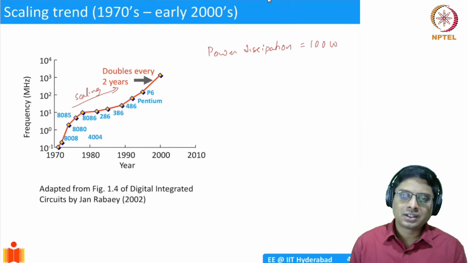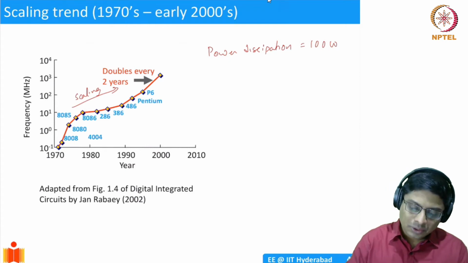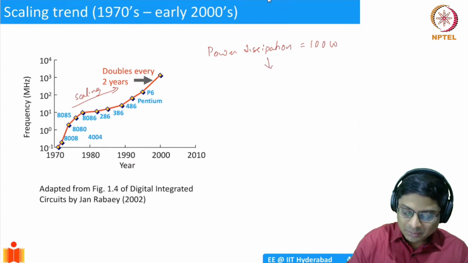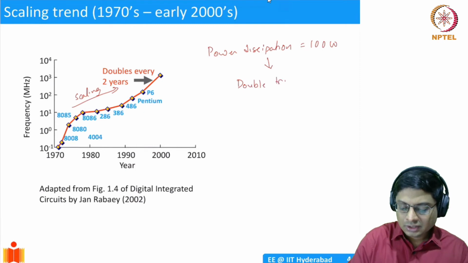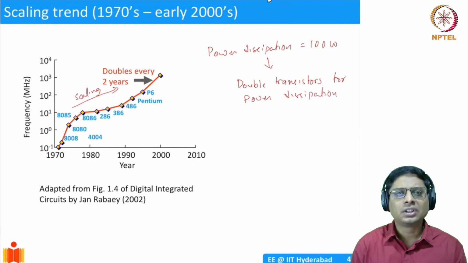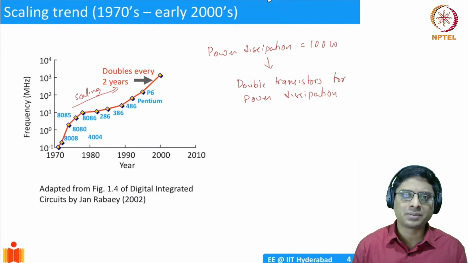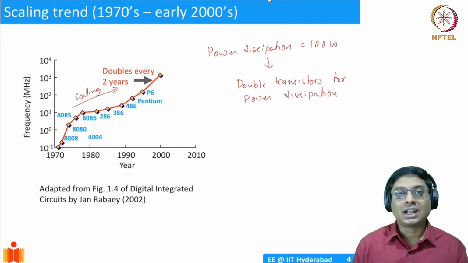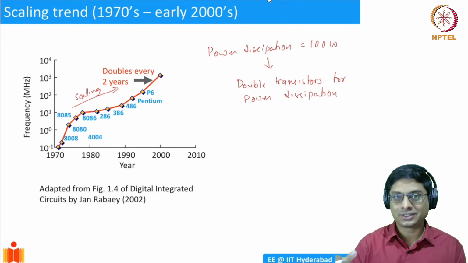So if you scale a particular technology and make it smaller, what happens? We are able to have double the number of transistors for the same power dissipation, because we saw that the power dissipation reduces by 50%. So effectively, you can increase the number of MOSFETs by the same amount. You can make the number of MOSFETs double and still have the same power dissipation. And then what else? The time delay has reduced, so the frequency of operation has also increased, right? By about 42% or 43% we saw.